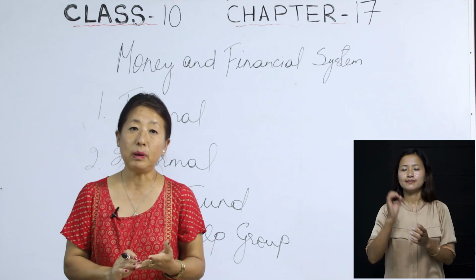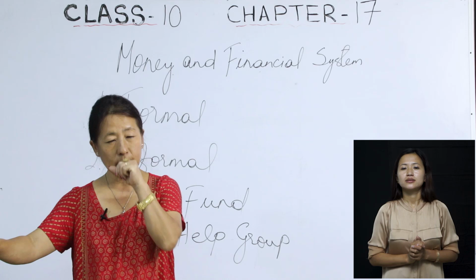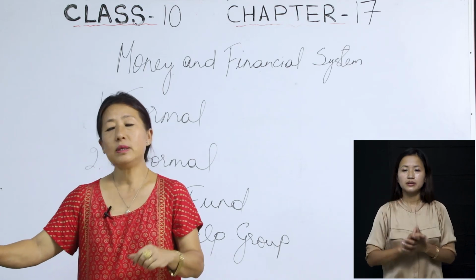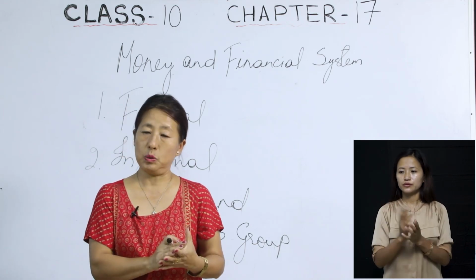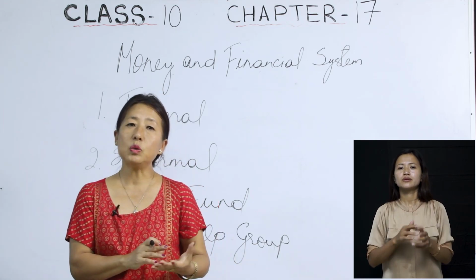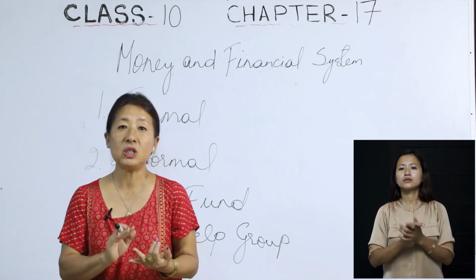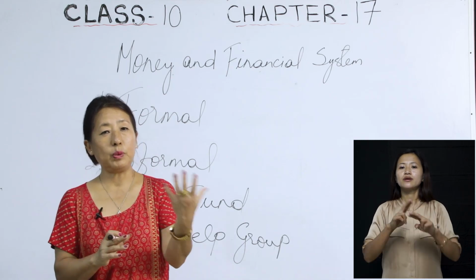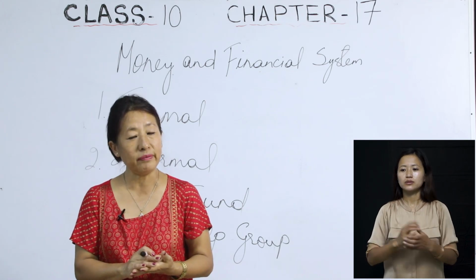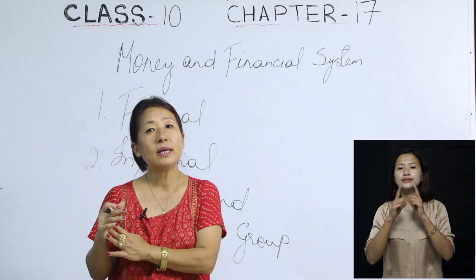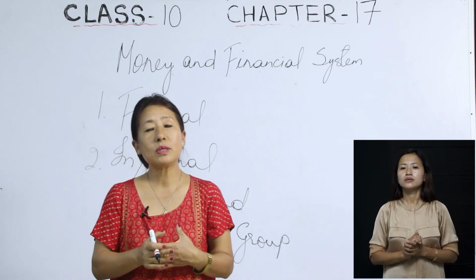Then we discussed the bank money, then the near money. Then we discussed the two different financial institutions, the formal institution and the informal institution. Then the chit fund, where people, or friends, circulate the money among themselves. Then we also discussed the self-help group. I hope you have understood something from this